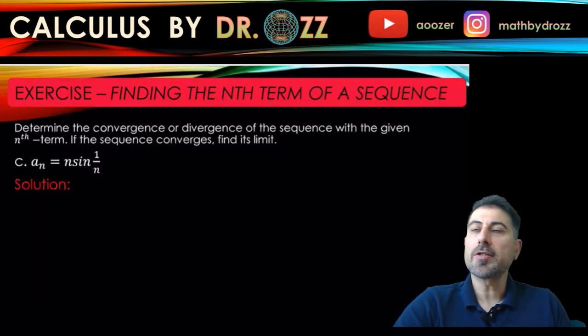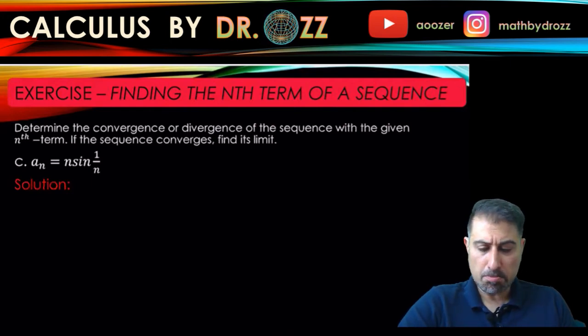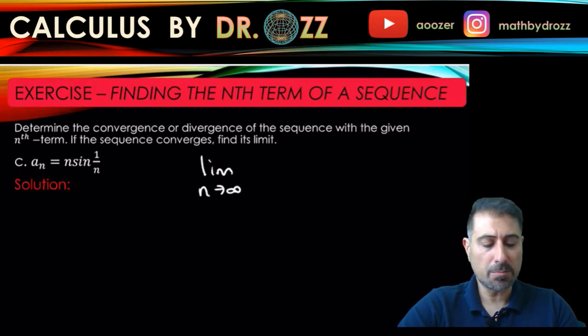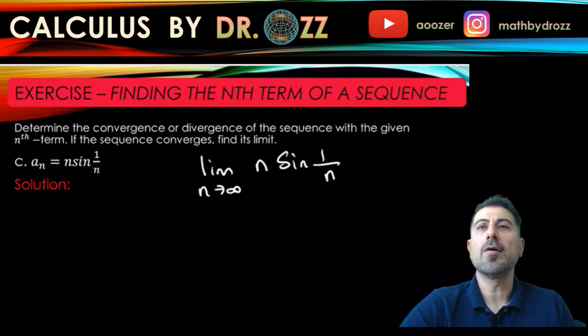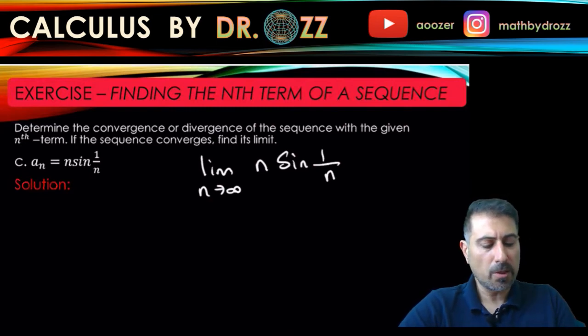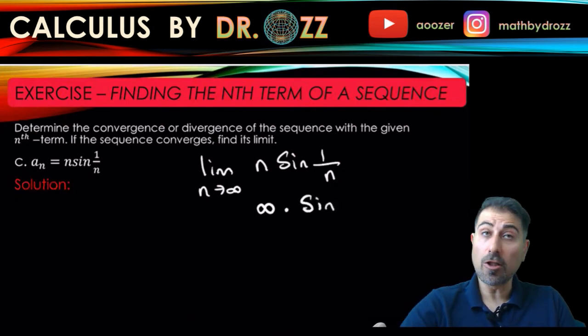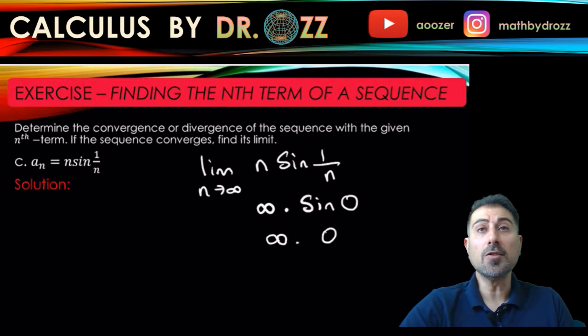All right, let's look at part C. We have n sine 1 over n. Let's see what we can do with this. First of all, we're trying to guess what the limit could be. What happens if we pass the limit as n approaches infinity? Well, here you have infinity times sine of 1 over a large number, which is going to take us all the way to 0. So this is almost like an infinity times 0 type indeterminate form